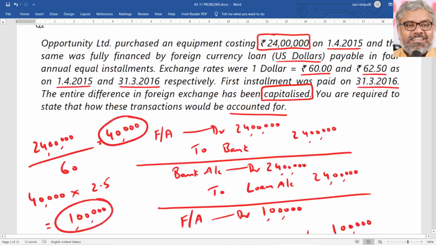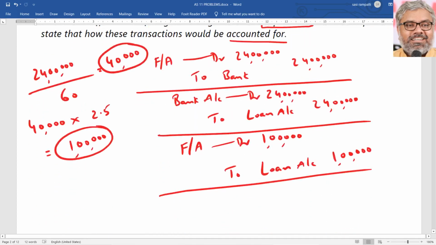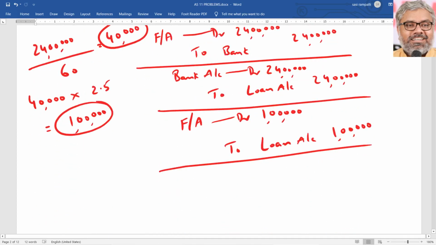Or maybe you can even think, it's a full year. At the beginning of the year only, the asset was purchased. So full year, so 18 lakhs is the value of the fixed assets. Now what happened? 1 lakh rupees is added to that. 19 lakhs has to be depreciated over the remaining 3 years. That means for the upcoming 3 years, the depreciation amount will not be 6 lakh rupees. It will rather be 6 lakhs 33,333 rupees.